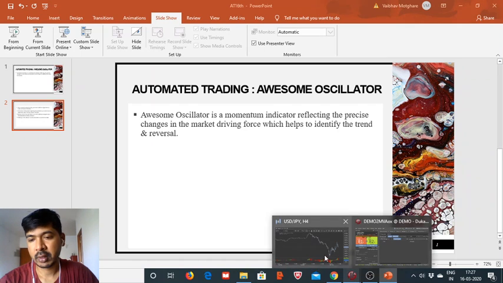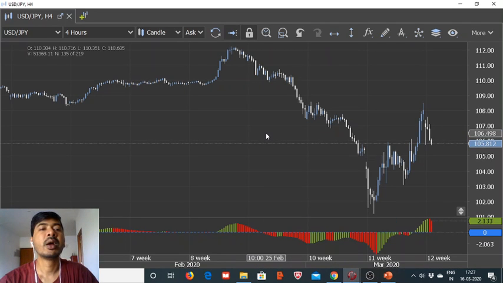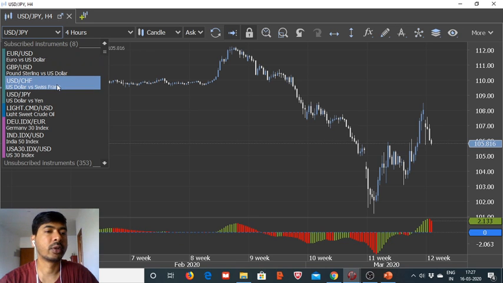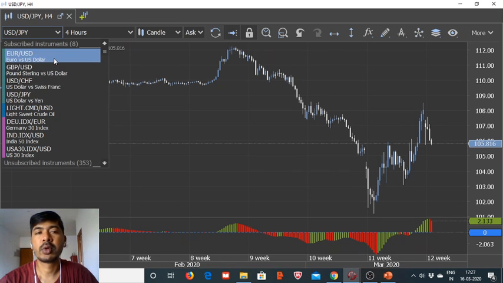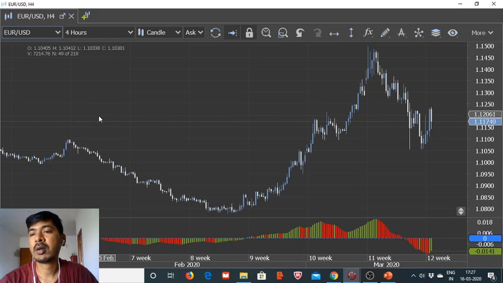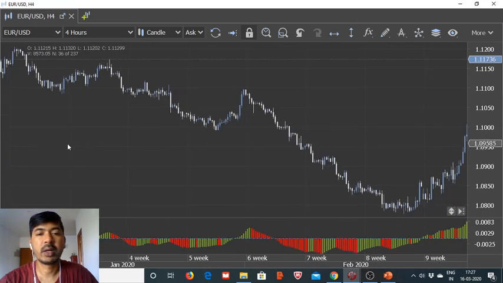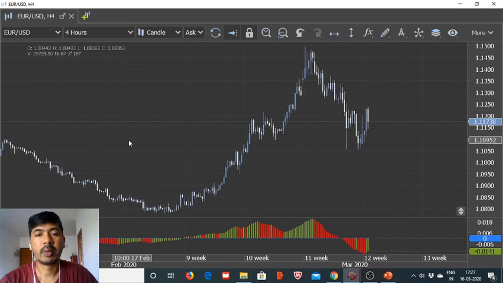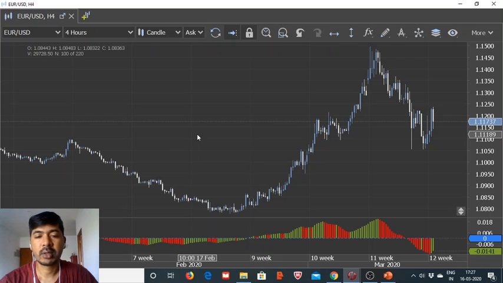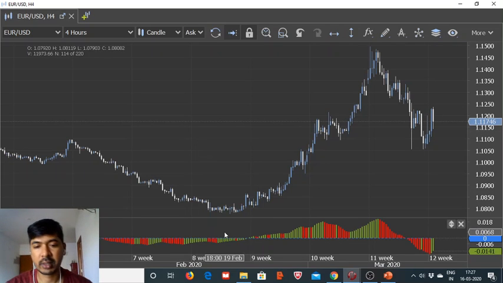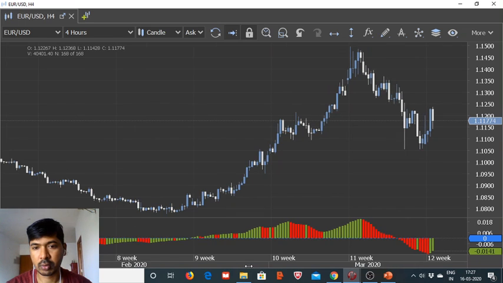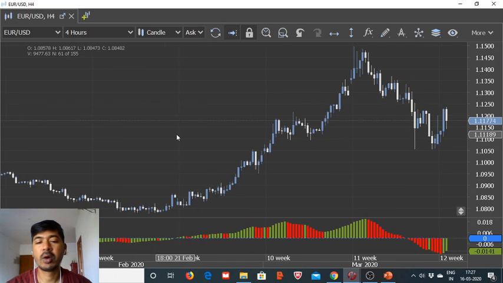Let us see the charting first. This is the 4 hourly chart for USD JPY, and you can utilize any instrument: USD JPY, GBP USD, USD CHF, Euro USD, one and the same. But since as a default instrument most of the time we work with Euro USD, we will stick with that. But I would suggest you try different instruments in your algorithm development, so you will be more familiar with the underlying instrument. So here this is a 4 hourly chart, and it's pretty simple. Let me just zoom in a bit so that we get a fair idea of the